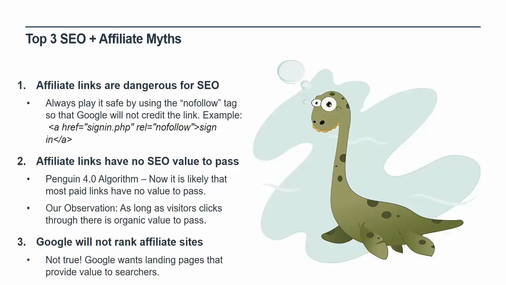Affiliate links have no SEO value to pass. I put this one as number 2 deliberately because I would have at this point already had to tell you my side of the argument here: if you're even slightly worried, make your link nofollow. But please know, the moment you do that in SEO, in our culture as organic marketers, if you do make something nofollow, we tend to believe that that's got no value to pass. And in 2018, I don't believe that's true anymore. I think the way it's really working is if someone clicks through to your link, that's got value to pass.